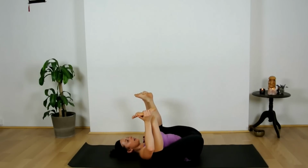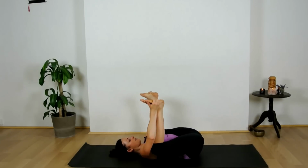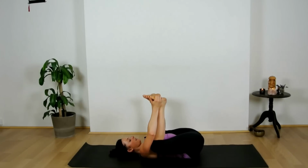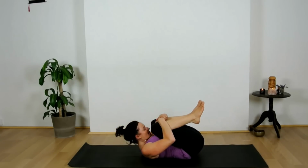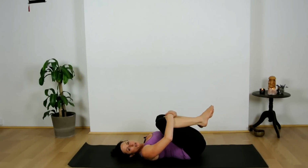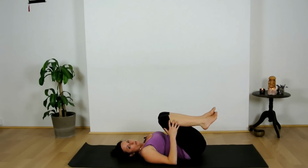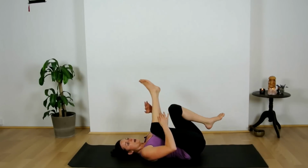And you might like to rock here a little from side to side, especially if there's any discomfort at all in your lower back. Okay, hug the knees back into the chest and pull your head into the knees. We're going to come through a series of 3 twists that are great for working through all of the areas of the spine. So we'll start with the knees up high near the chest